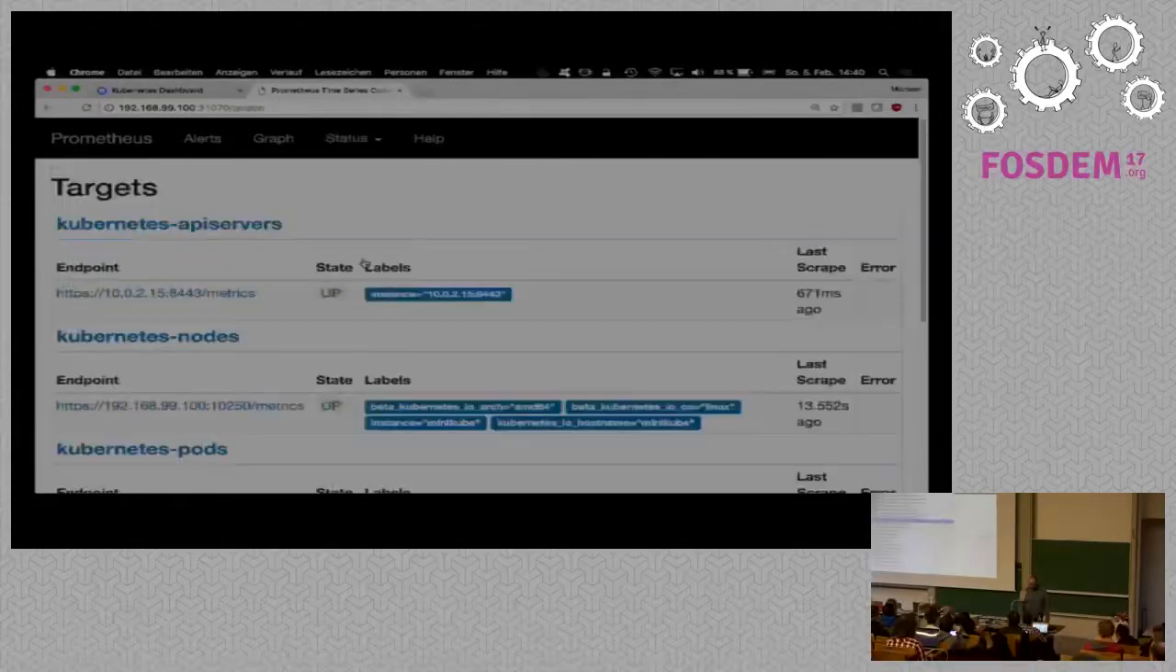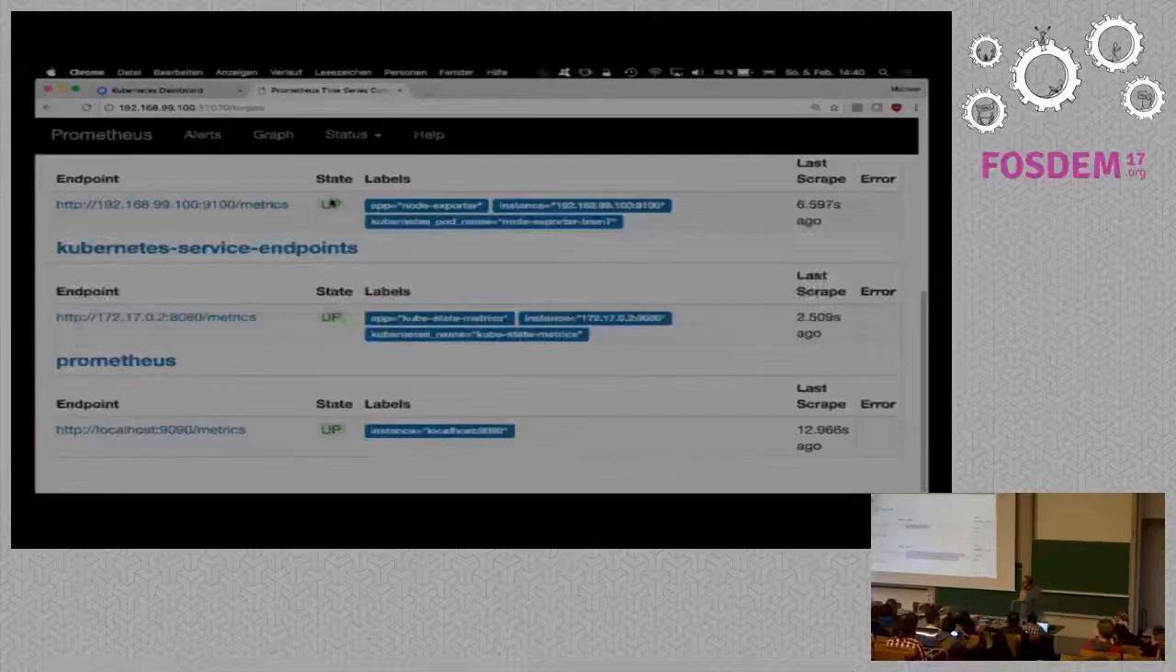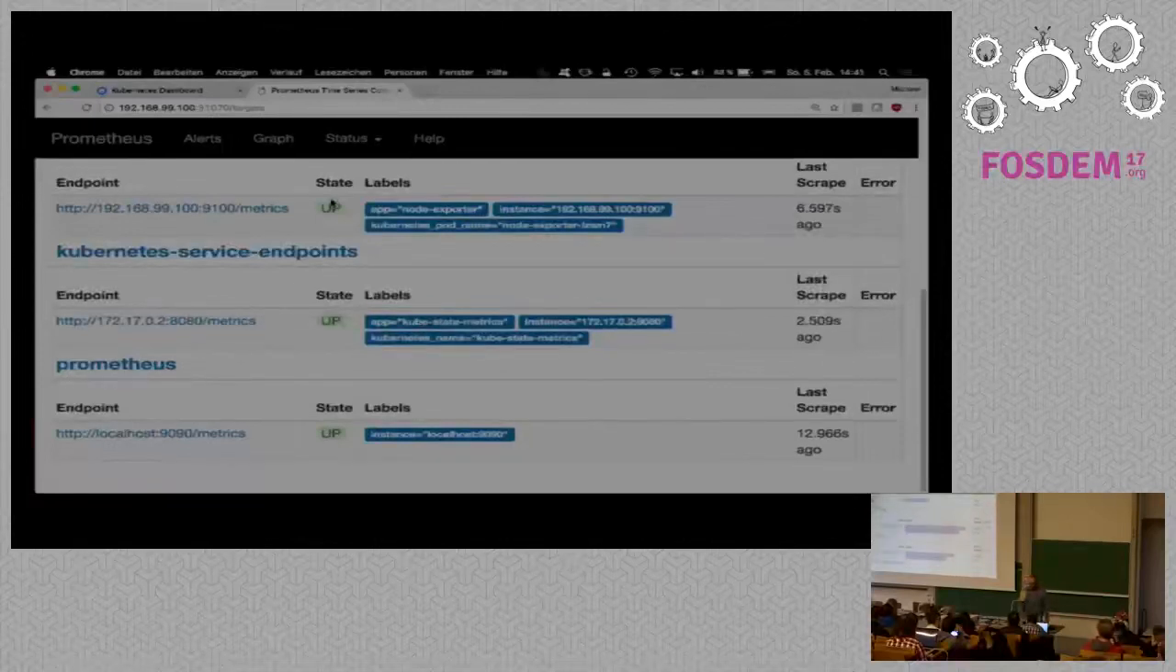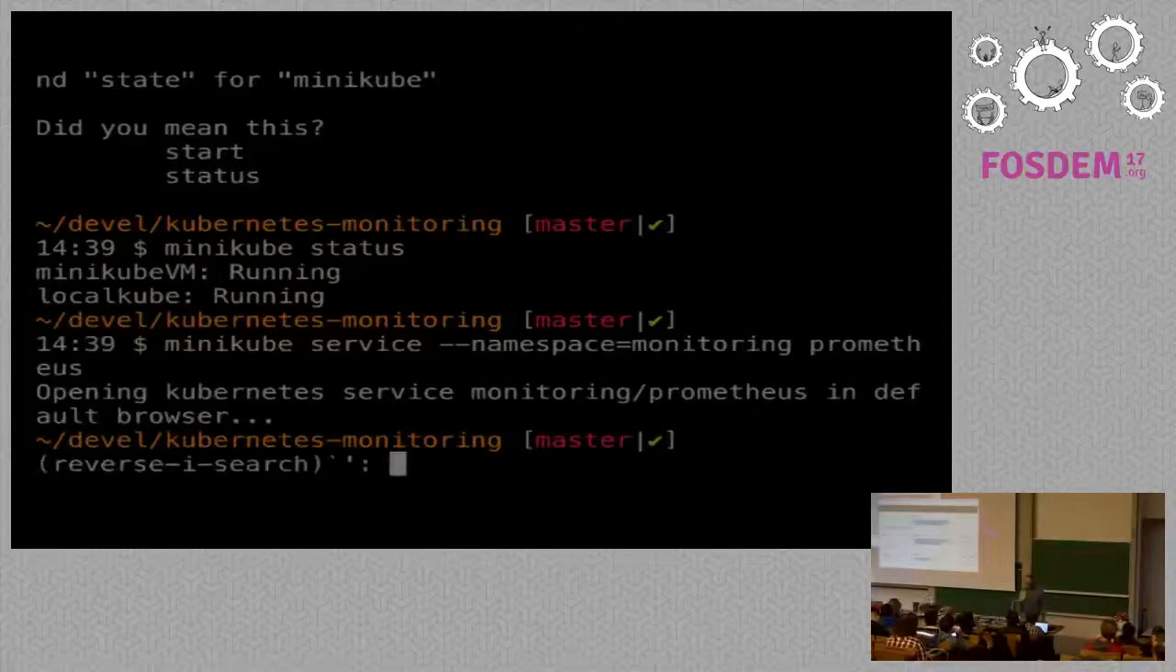So the list is pretty large. You'll see here from the targets configuration, I have the scrape targets: Kubernetes API servers, nodes, Kubernetes pods, service endpoints, and Prometheus itself. As already said, this configuration is basically the same as available as an example on the Prometheus GitHub account. So if trying that out, or using my list of services,